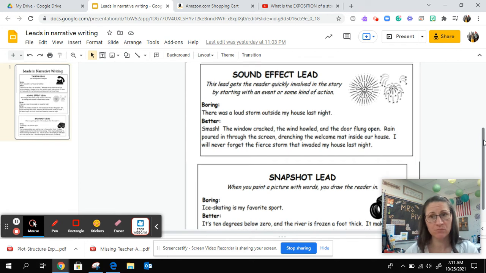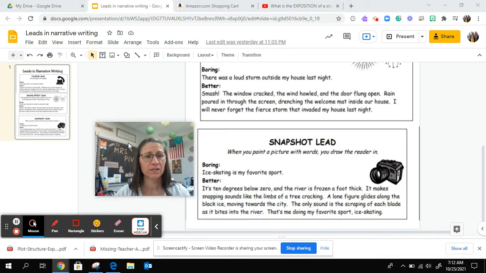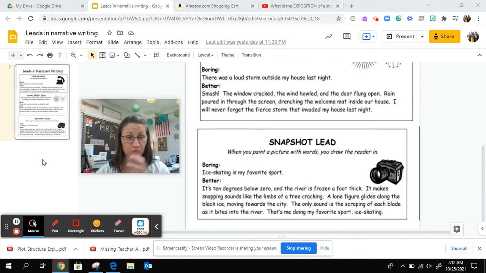And then maybe the next morning, the person looked out and saw the debris all over the yard. And then they went to school and they had a big problem or confrontation. And so that storm that happened at their house was kind of like mirroring what was going to happen in their life. Just something to think about. And the last one is the snapshot lead, where you're using very specific description in order to capture the reader's